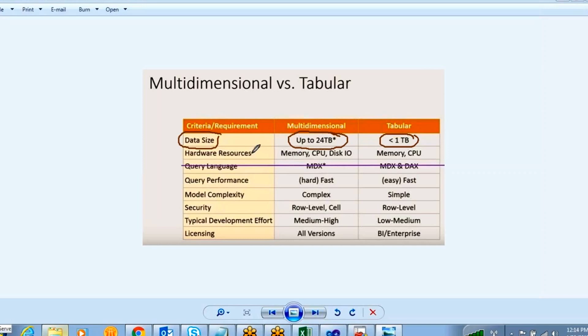Okay, in these hardware resources, if you are coming to the hardware resources point of view, the multi-dimensional will use the memory, CPU, and disk input output. What is a disk input output? When you are comparing multi-dimensional and tabular modeling, only the memory and CPU are the common thing, but the disk input output has more usage in the multi-dimensional,